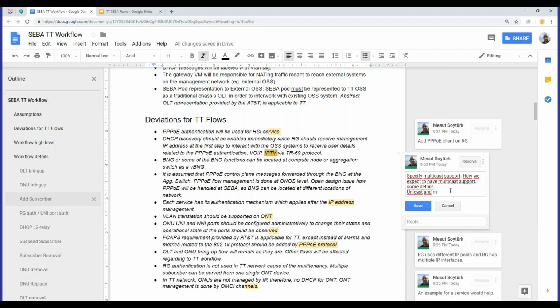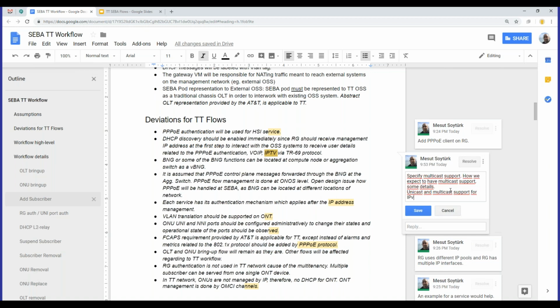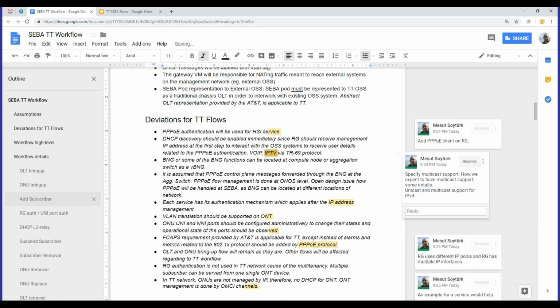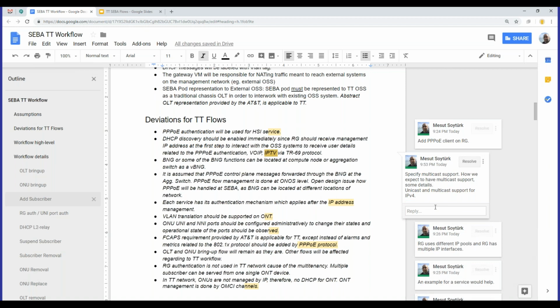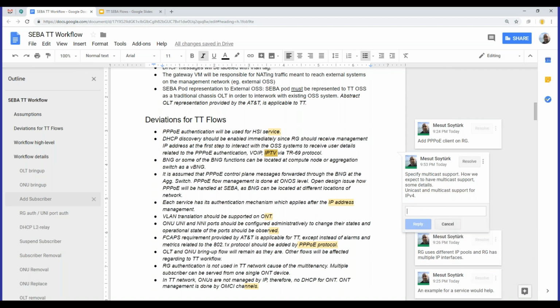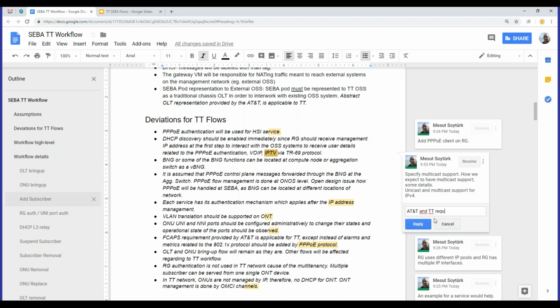And Saurabh, yeah, go ahead. Saurabh, the IPTV multicast right now is required for AT&T and Turk Telecom and Deutsche Telekom. So it is a topic we need to go through. We have a tentative discussion topic to talk about during the VOTA weekly calls,